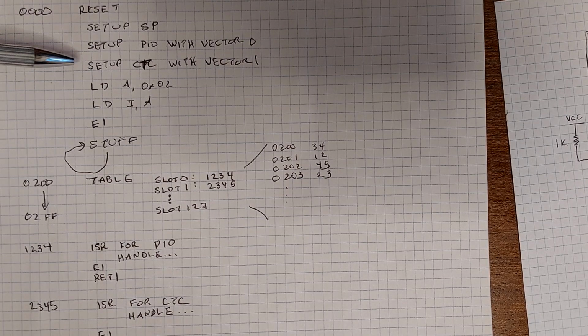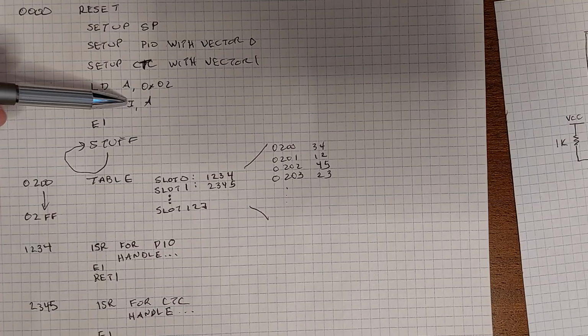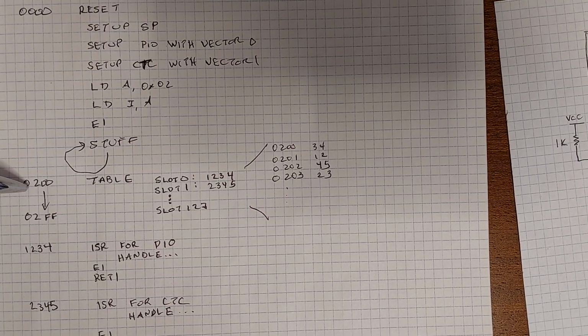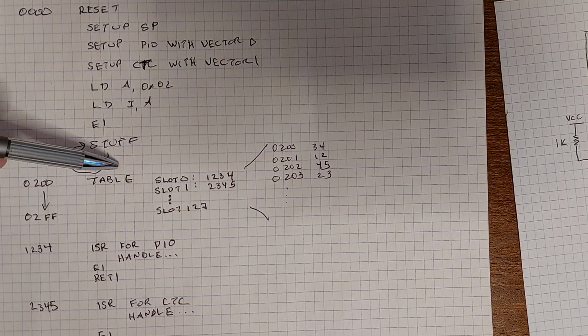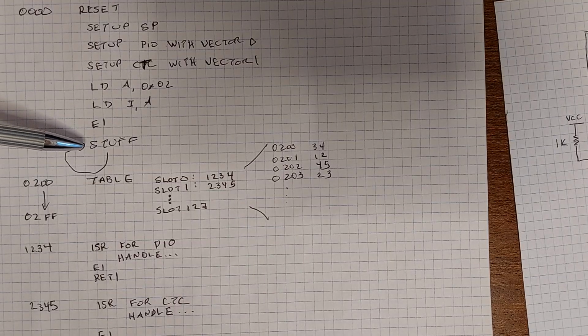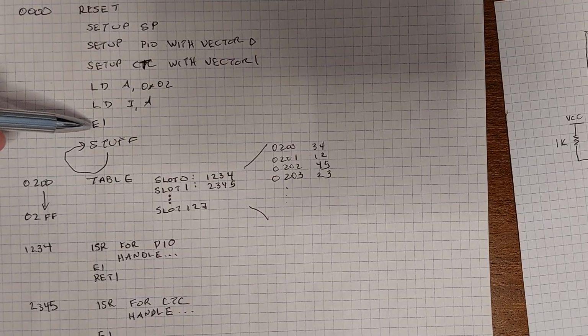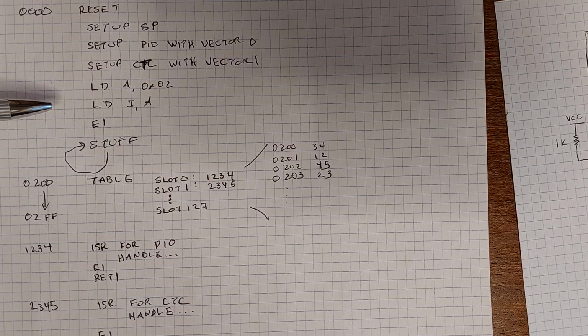with vector 1. Now, we will load the I register, the interrupt register, with 2, which will correspond to the MSB of the address of our interrupt vector table. Then we can turn on interrupts and our code can start doing its main stuff. Now, when an interrupt we want to handle through either the PIO or the CTC,